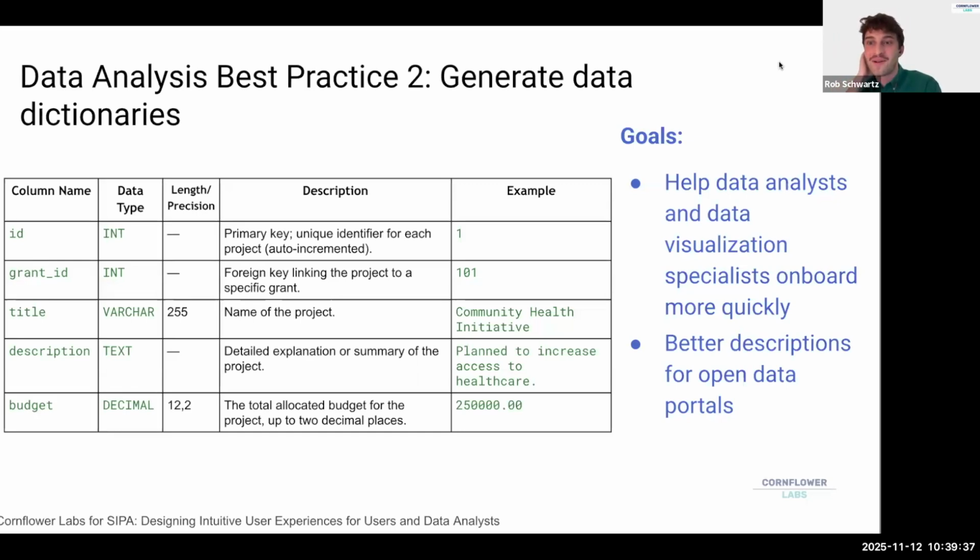But if you just keep track of your descriptions of your columns inside of your database or as a part of your code or as a part of your project, it's going to make this question not even a question you have to ask. You'll just pull up your data dictionary and you'll know. So this is something that can be auto-generated in some cases. If you have these column labels that are attached to your data in some way, yes, you can generate these